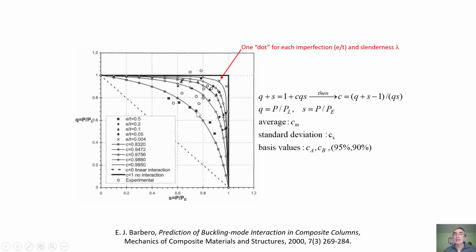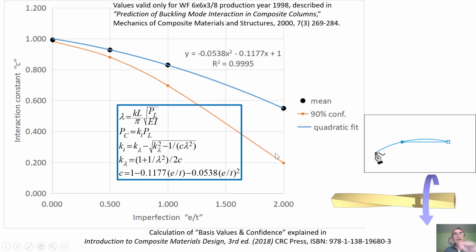All right, and then what I can do is average all the C's for a certain group of columns. In the next slide, presented this way: the interaction constant C, which is obtained as the mean value of all the C's for this imperfection. Now for this imperfection, I have several lambdas, and I do this because I don't know what lambda you are going to use in the design. So the only thing I can say is that the imperfection is 0.5, and I don't care what lambda you use, what length of column you use. I will put them all together into this point.